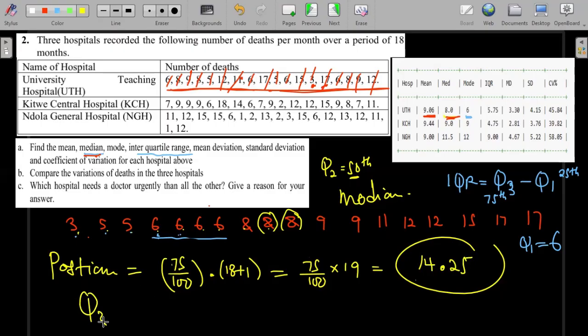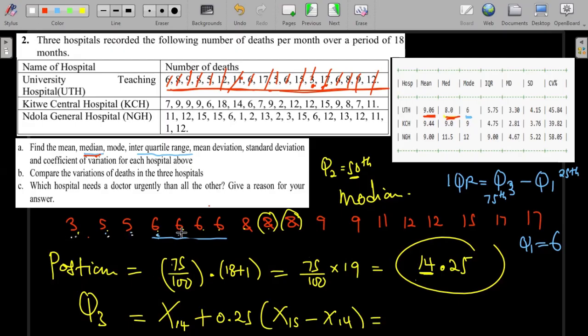So Q3 is equal to the X value at the 14th position. So I write X14, and then I say plus 14.25 minus 14. I get 0.25. And then the X value at a position ahead of this 14 by 1. So that will be X15 minus X14. So which value is at position 14? So 1, 2, 3, 4, 5, 6, 7, 8, 9, 10, 11, 12, 13, 14. So 14 is this 12 here. So I write 12, plus